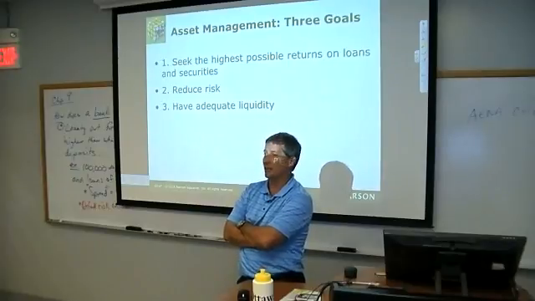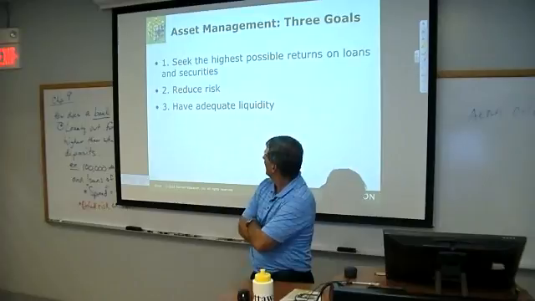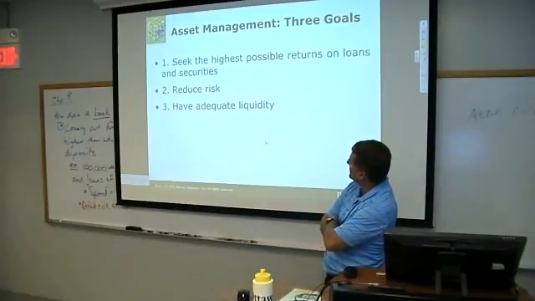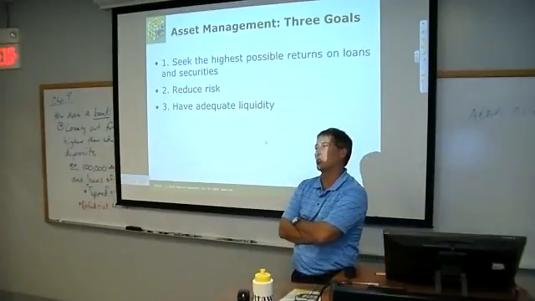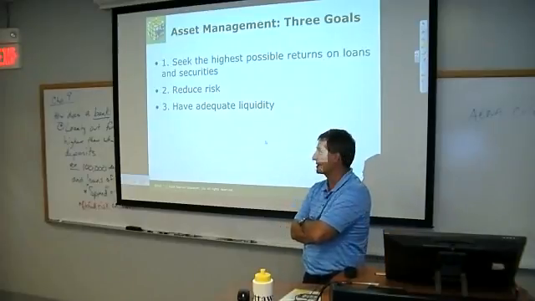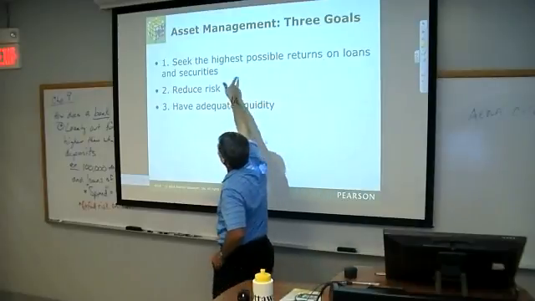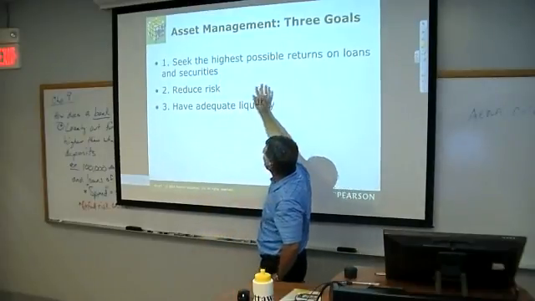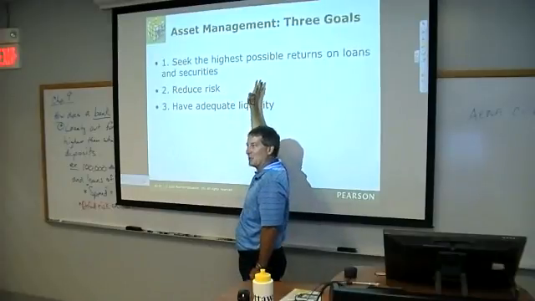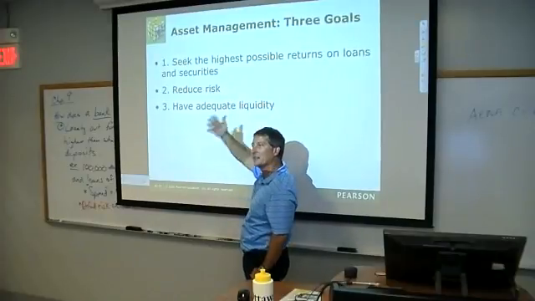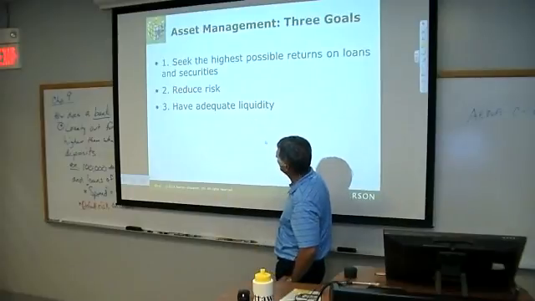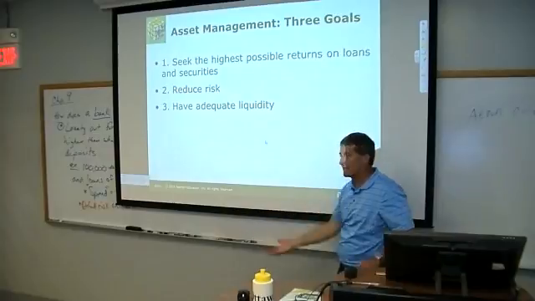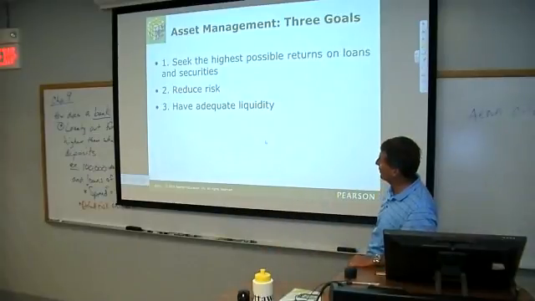Yeah, they kind of contradict, right? So there's trade-offs with each one. If we go for higher returns, what do higher returns usually come with? More risk. So those are competing with each other. So we might be better saying seek the highest possible returns for a given level of risk. You know, that you're always seeking those higher returns. Reduce risk, where on the deposit side, we kind of look all over.